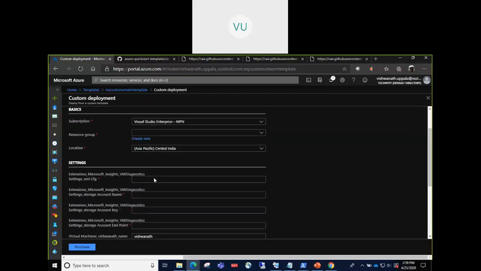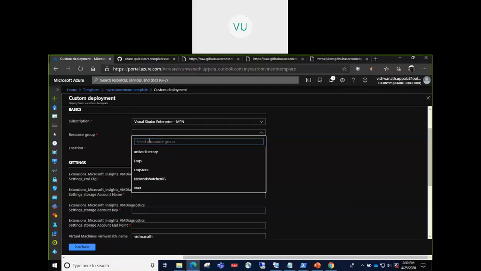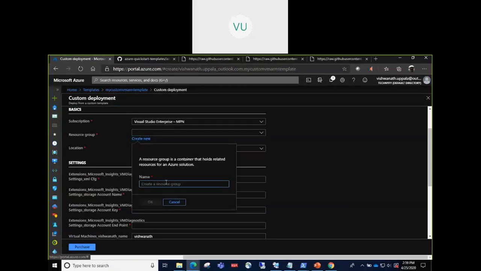This is again the same experience that we went through with the GitHub template example. Here it's choosing Central India because that VM was created in Central India, so that's why you see Central India as the default region here. We can specify the resource group, let's say your custom VM.